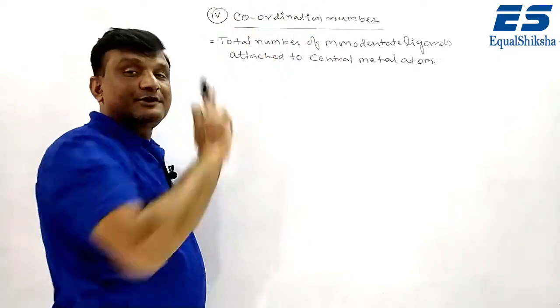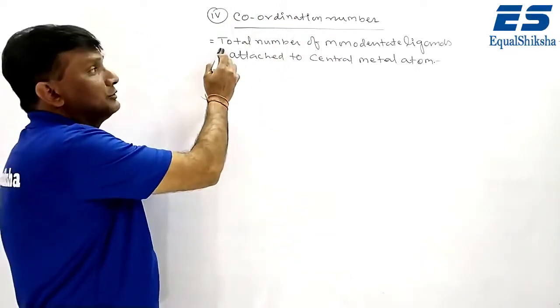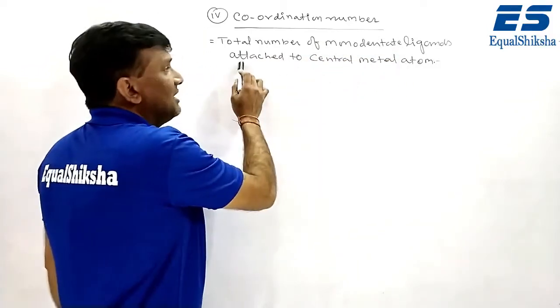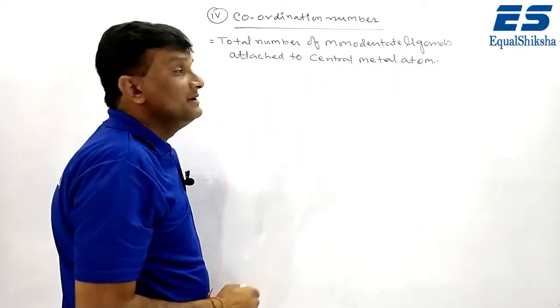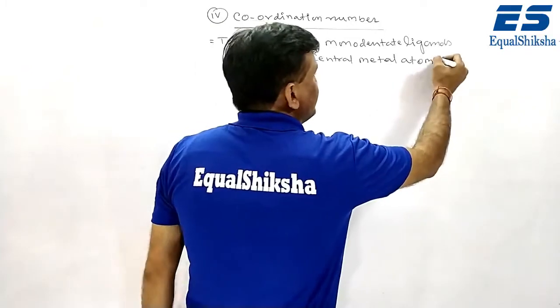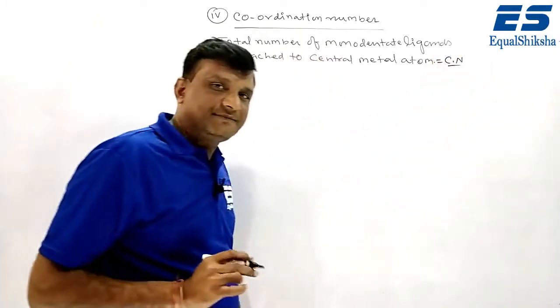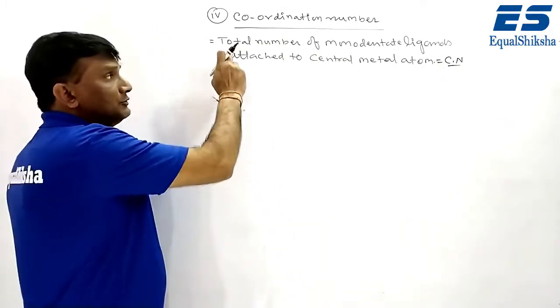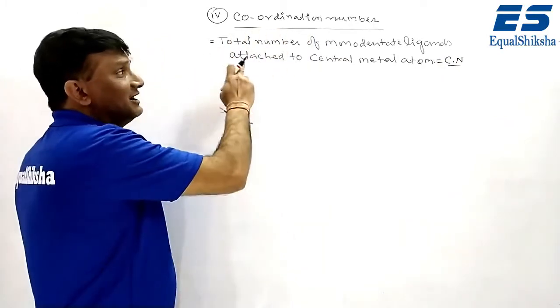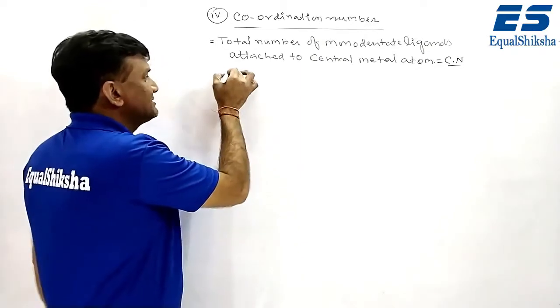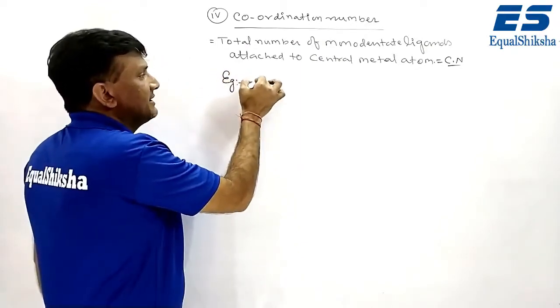What is the meaning of coordination number? The total number of monodentate ligands attached to the central metal atom is called the coordination number, or you can denote it by CN. In short, the total number of monodentate ligands attached to the central metal atom is called the coordination number. For example, here is